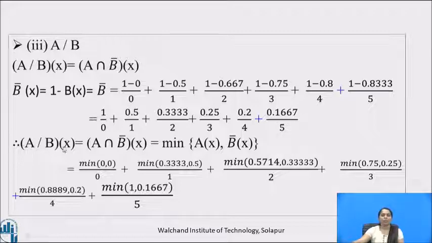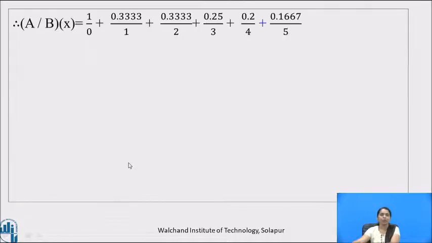Therefore, A by B at x is equal to A intersection B bar at x, which is equal to the minimum of A of x comma B bar of x. So, we will calculate the minimum of membership grade of each point, and that will give the final answer as 1 by 0 plus 0.3333 by 1 plus 0.333 by 2 plus 0.25 by 3 plus 0.2 by 4 plus